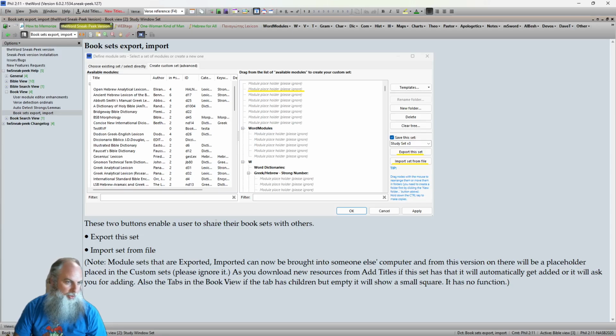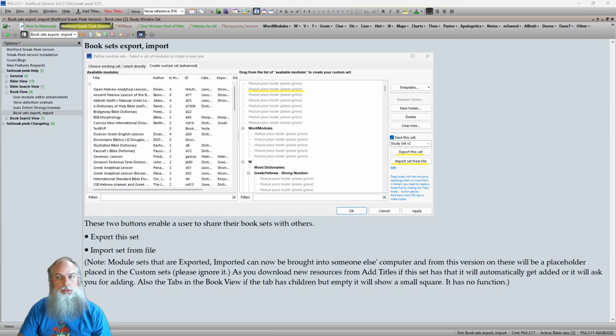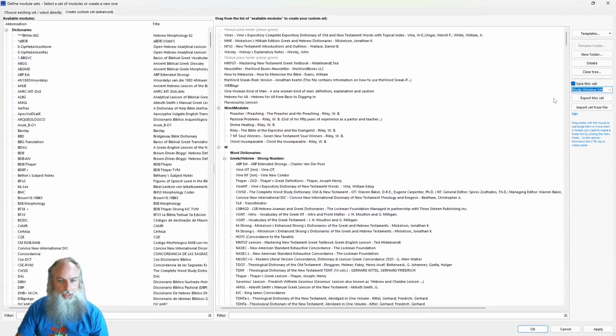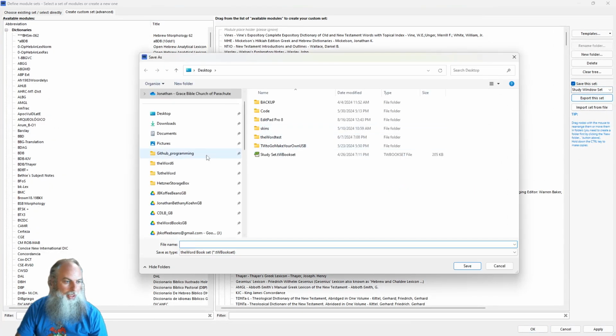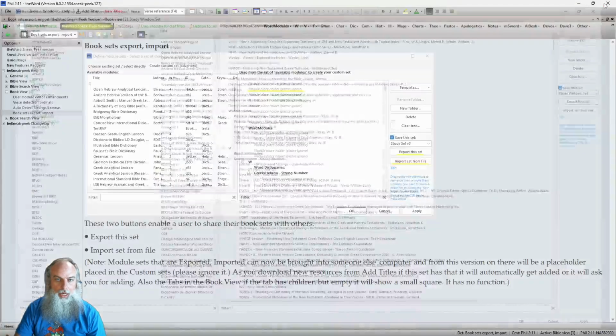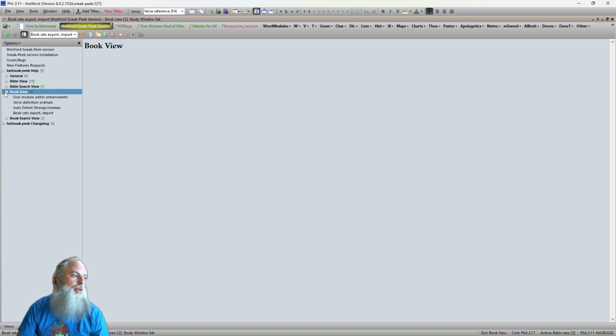Now, if it's a custom set and there's a placeholder here, that's where there's a book that's designed to go into that spot. So I'll go in here and I'll go into define module sets. Over here, I have quite a bit in mine. I can export this set, and then I could save it down into like right here, study set. And then I can share that by importing it at another time. That gives you a little bit of an idea on the book view and some of the newer features for the